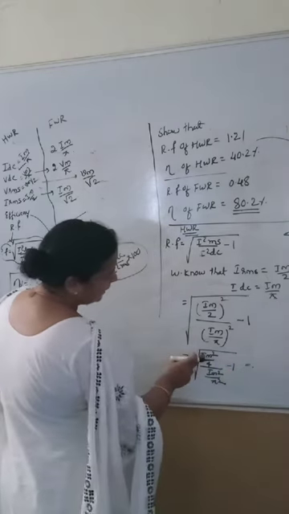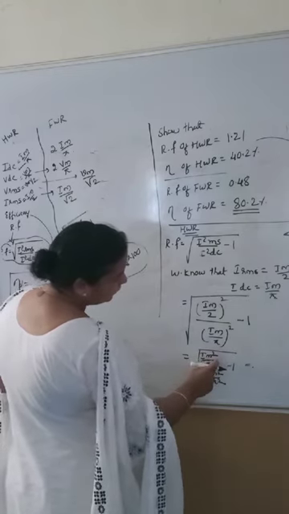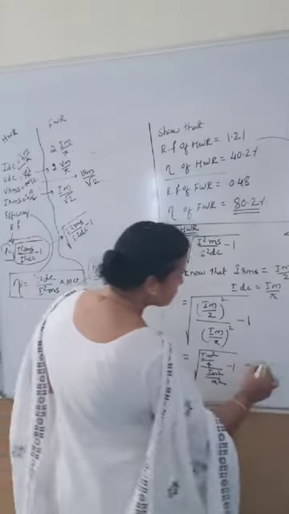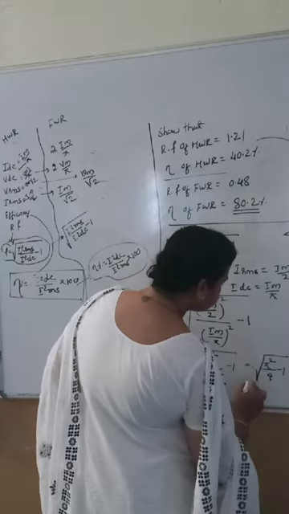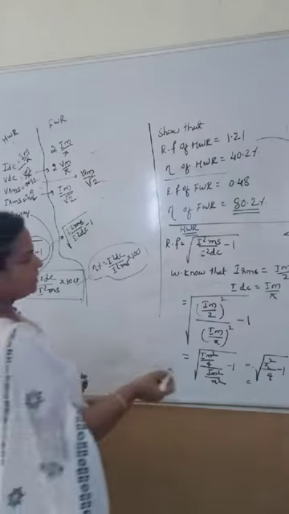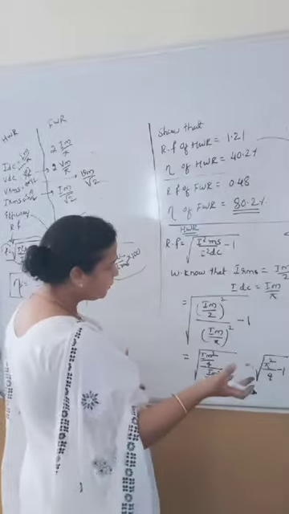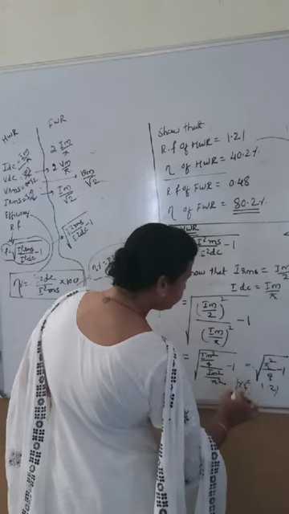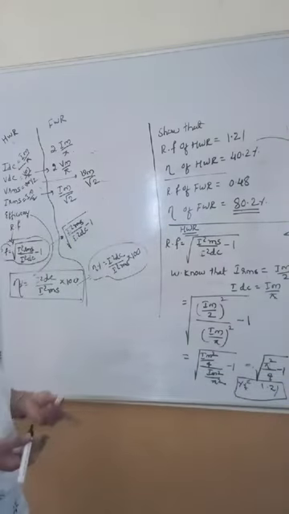IM square by 4 divided by IM square by pi square means multiplied by pi square by IM square. IM square will get cancelled. You are going to have pi square by 4 minus 1 under root. Just to calculate, pi value you know, 4, all these are numerical values. You will get one numerical value which is going to be 1.21. Ripple factor of a half wave rectifier is equal to 1.21.